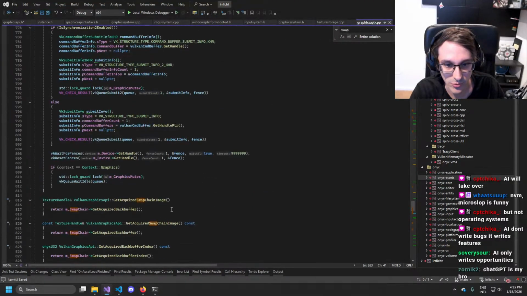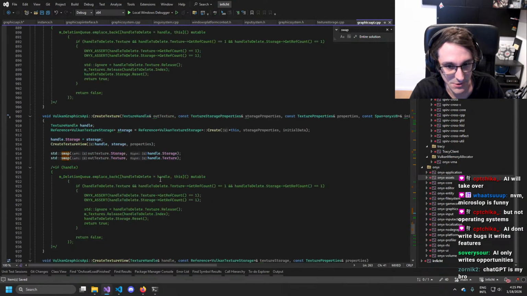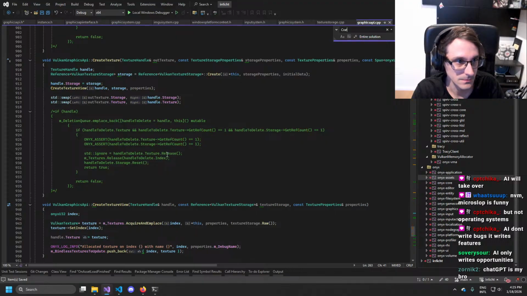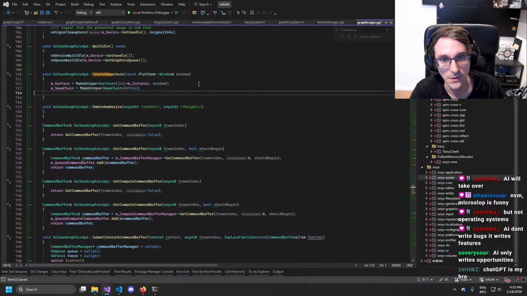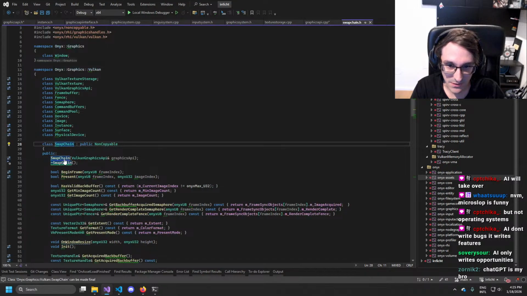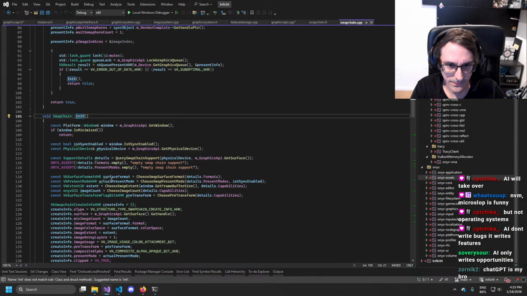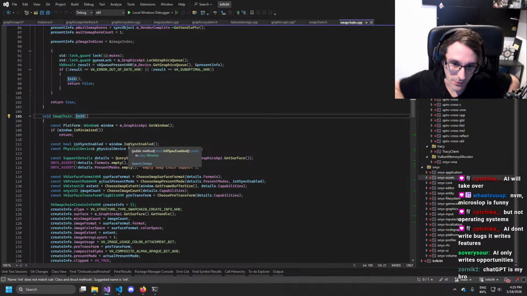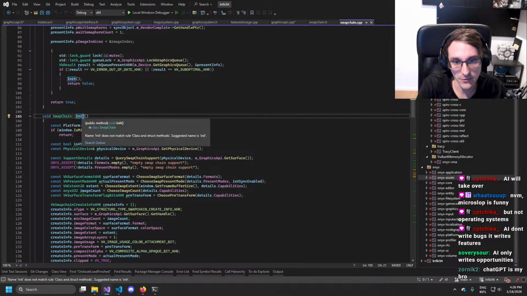And then I'm not sure what we would need per swap chain, to be honest, but we definitely need to move other stuff as well. But yeah, the swap chain needs the surface, I think, right? And the window. But that's fine. I guess we can give it the window here.